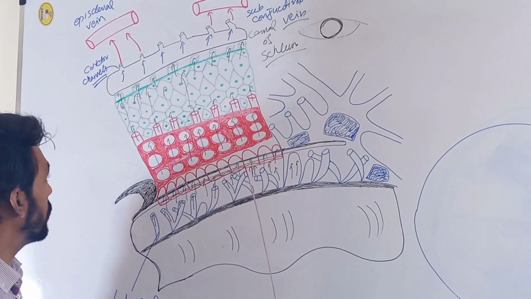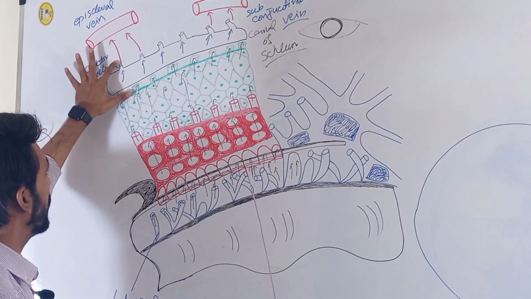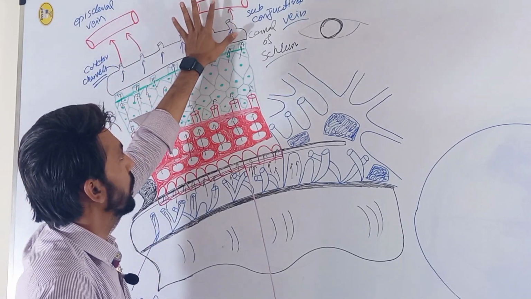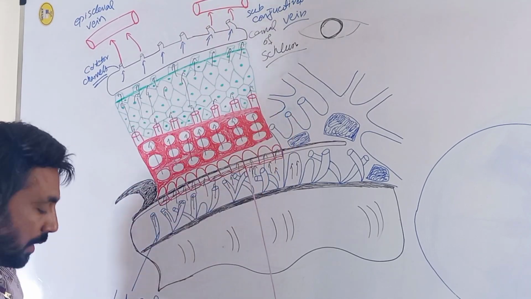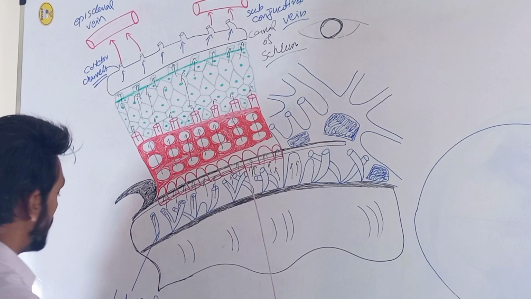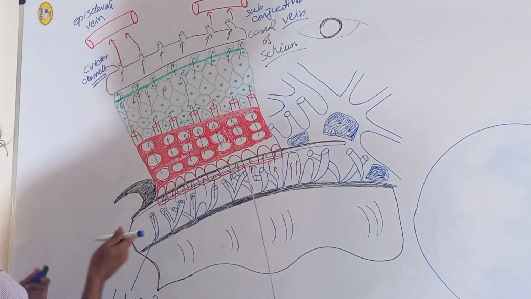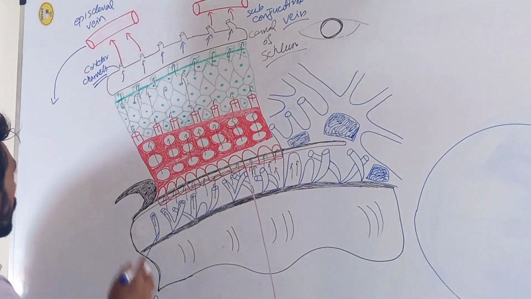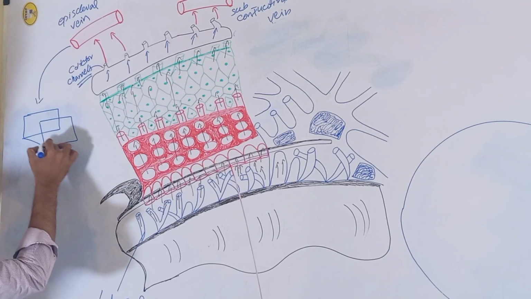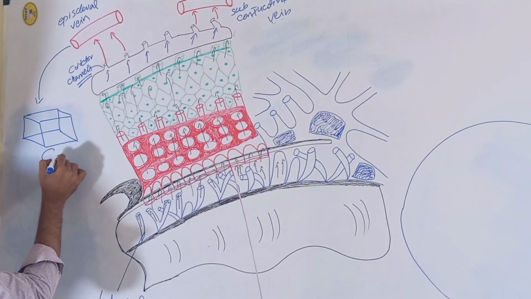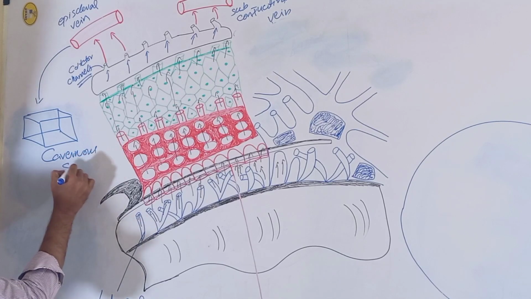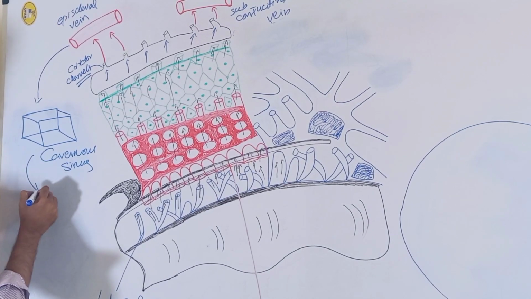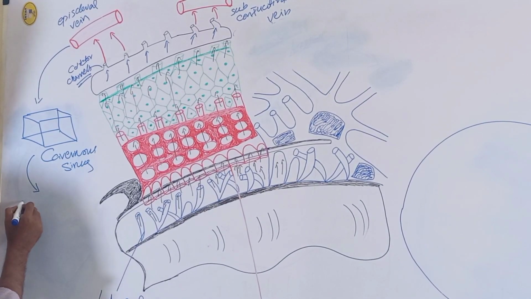So our aqueous humor will travel from the Canal of Schlemm through collector channels, and it will travel into the episcleral vein directly, and from posteriorly it will travel into the subconjunctival vein. So here we go, there are two different pathways, and from the episcleral vein it will travel into a different structure which is called the cavernous sinus, and from the cavernous sinus the aqueous humor will drain into two different veins, the first one is called